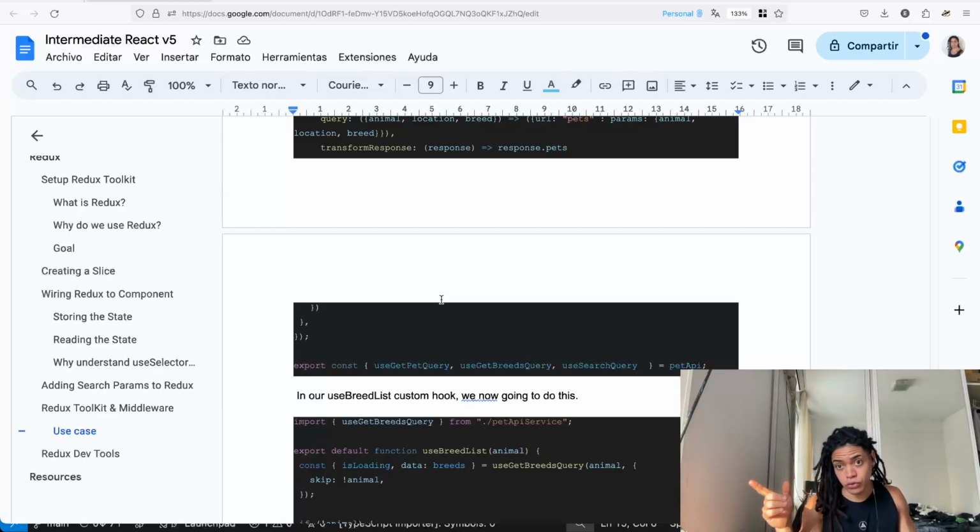And then on those custom hooks or effects, we say, hey, I want you now to get me the particular